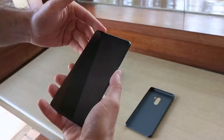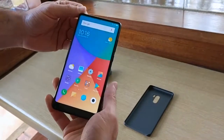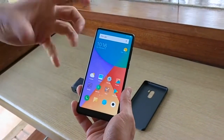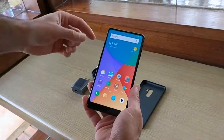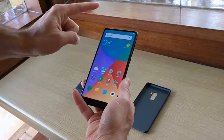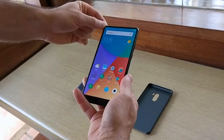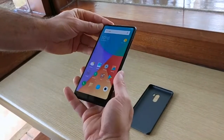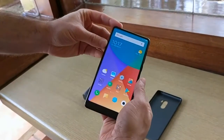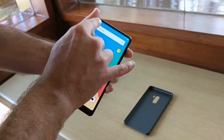And on the front, I'm going to go ahead and power up the display, nice and bright. And what I can tell right away, this is definitely a smaller display than Mix 1, which felt a little bit too large in my opinion. So this is probably closer to 6 inches. And what's awesome here really is the aspect ratio. This looks a little bit narrower than Mix 1, so it's probably closer to 18 by 9, which is pretty nice. And of course, what we like the most about this is the same thing with Mix 1,